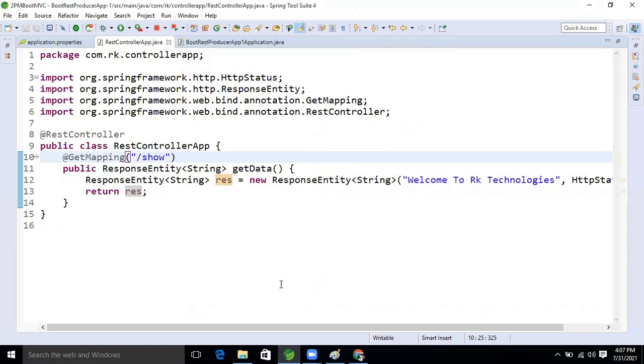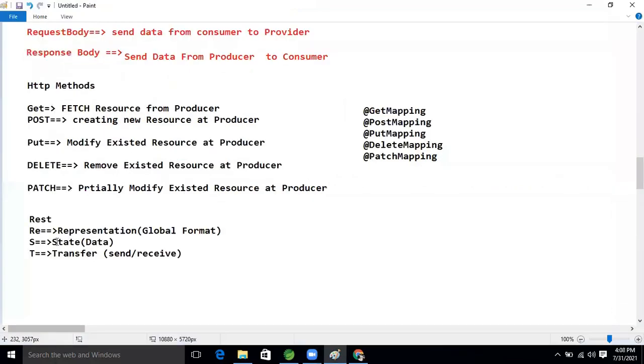Yes, Mayank, what is the difference between PUT and PATCH? PutMapping and PatchMapping, how can we differentiate? PUT means if you want to modify the total data, then we will use PUT. And if you want to modify only one piece of data, then we will use PATCH.